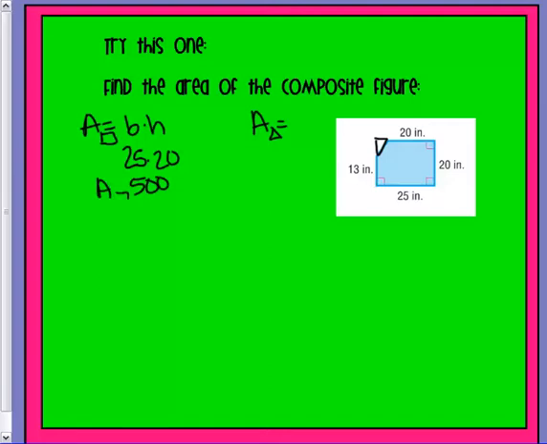So then we need to find the area of this triangle. Well, if we look here, what would be this side length? If this is 20 and this is 13, this has to be 7. And if this is 20 and this is 25, this has to be 5. So we know it's the base times the height cut in half. So 5 times 7 divided by 2. We know 5 times 7 is 35, and if we cut that in half, we get a total of